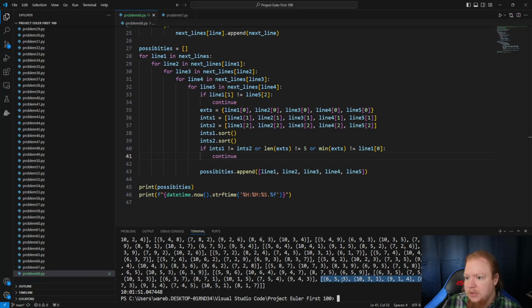Okay, so 6, 5, 3, 10, 3, 1. So 6, 10, 9, 8, 7. Those are all different. 5, 3, 3, 1, 1, 4, 4, 2, 2, 5. Okay, so that looks like a legitimate possibility. Let's just sort of spot check a few others. Okay, so here's one where it's definitely wrong, because we have 9 appearing as an internal and as an external node. So, our next check has to be that